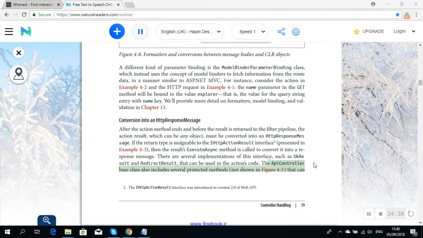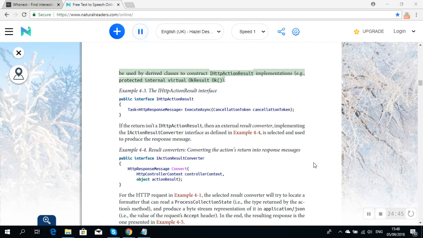The ApiController base class also includes several protected methods, not shown in Figure 4-5, that can be used by derived classes to construct action result implementations, for example, protected internal virtual OkResult Ok. Example 4-3. IHttpActionResult interface: public interface IHttpActionResult { Task<HttpResponseMessage> ExecuteAsync(CancellationToken cancellationToken); }